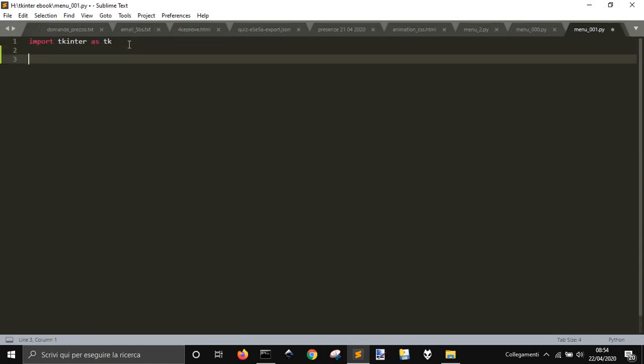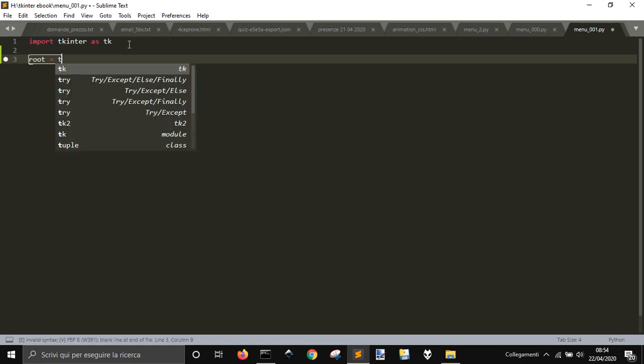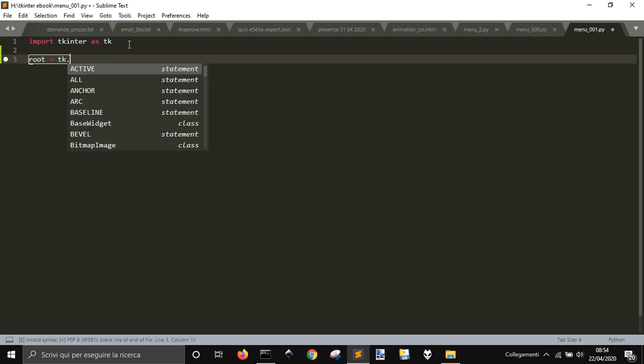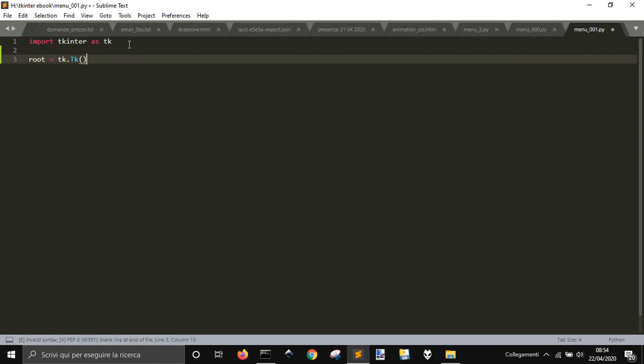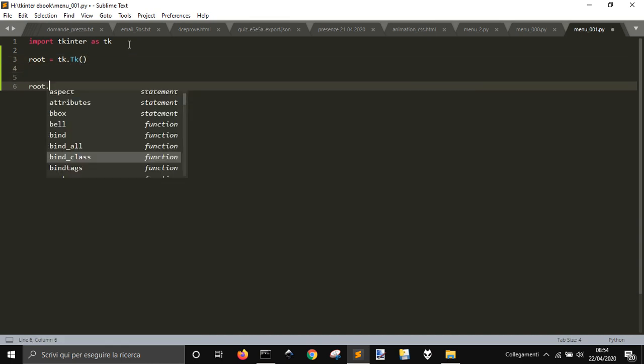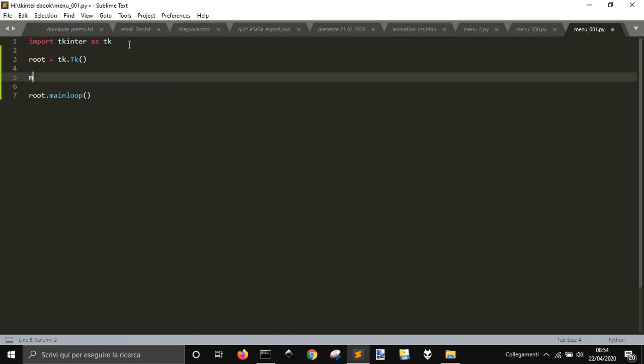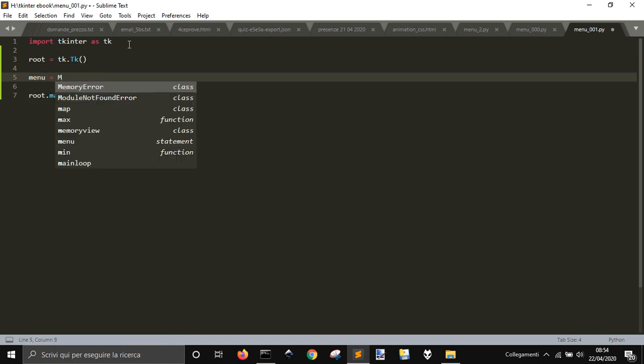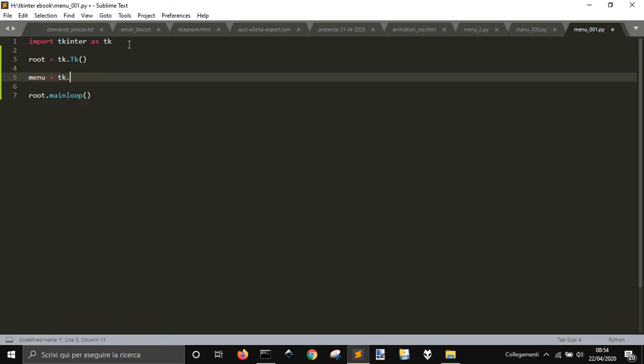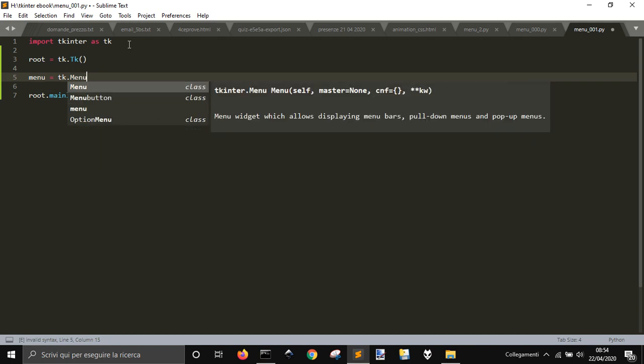We will call this module TK, and so we will create the window with the TK module and TK class, and at the end we will finish this with the usual main loop. Inside here we are going to create a menu from the TK module, the class Menu,